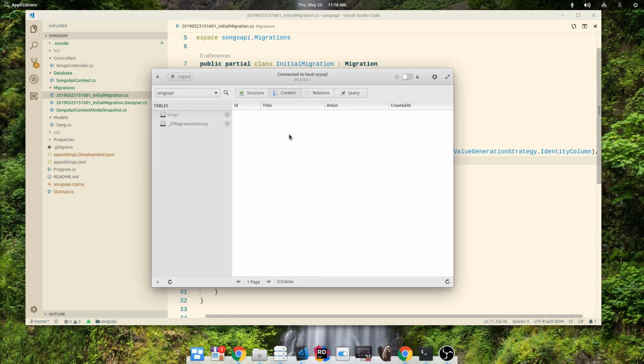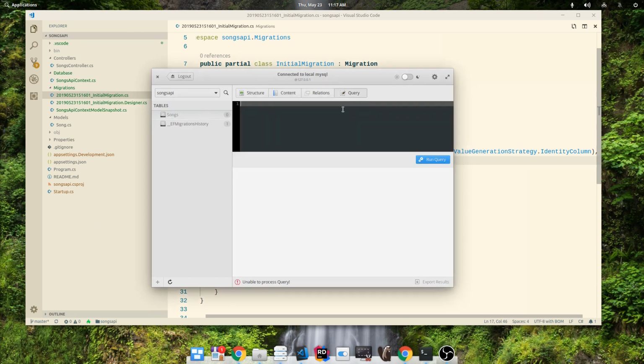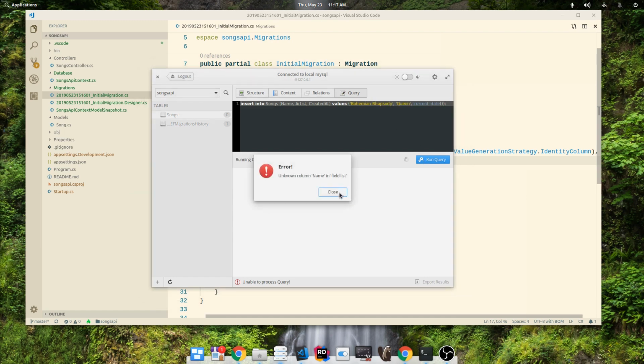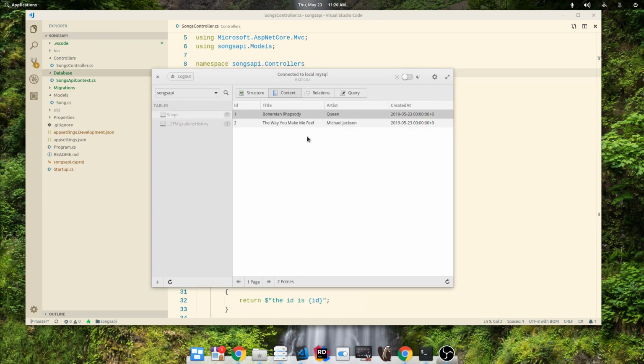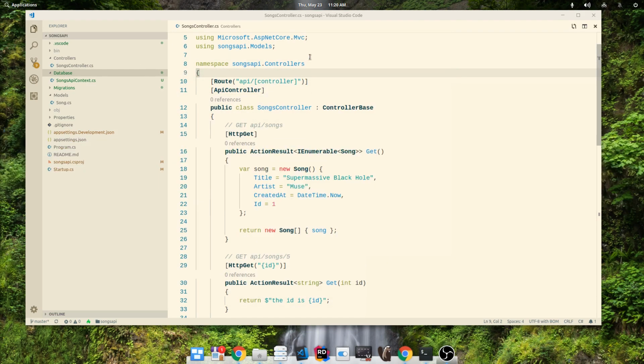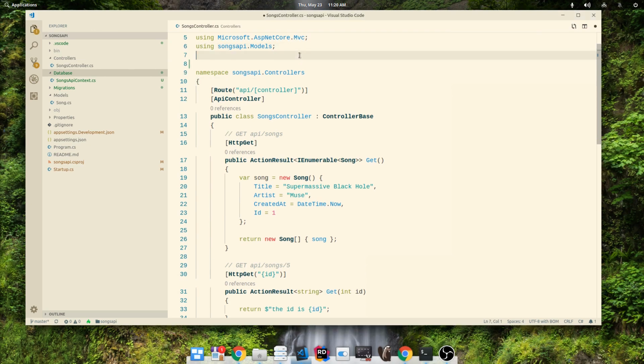Now we're ready to actually pull information from the database. First, let me create a couple songs real quick. Now that we've got a couple songs in here, let's wire this up in our controller so we can send this back over to our API. First, let's grab the database context. So we're going to say